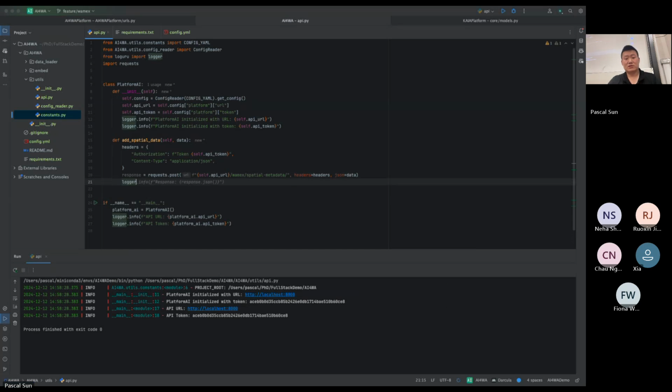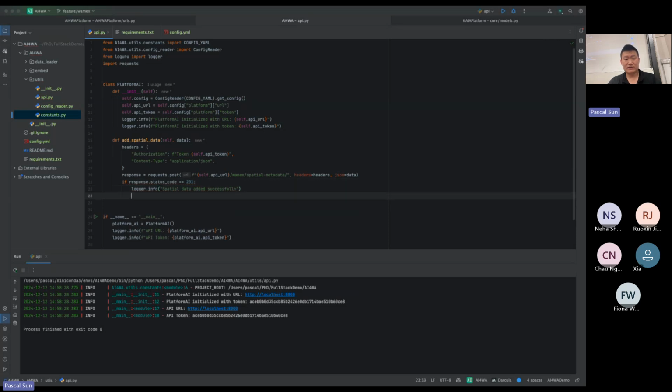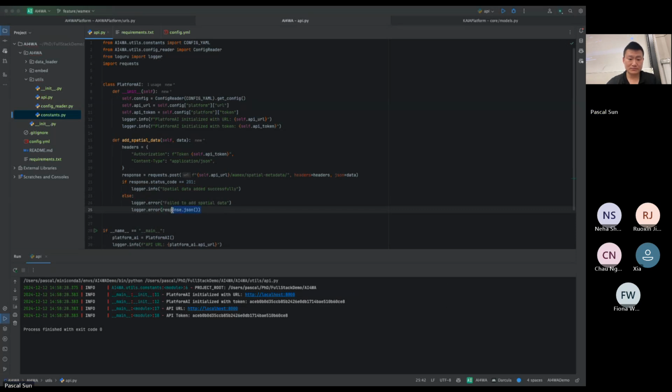So in this way, we want to check whether it's the correct code. If it's 201, that's the standard way, it means created. Then if it's wrong, we need to give it another error. So under the current scenario, in theory, we should be able to get the API request to create a data done